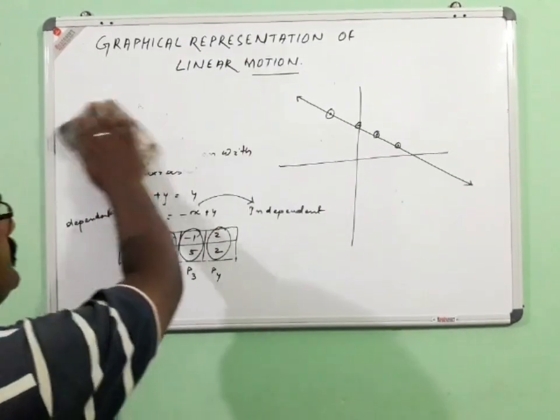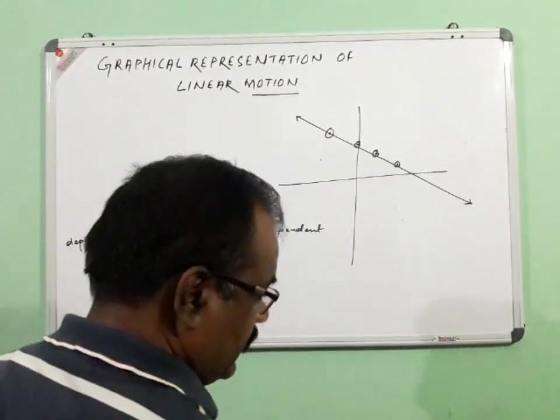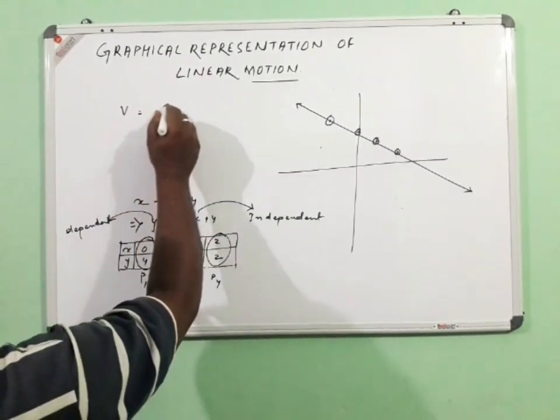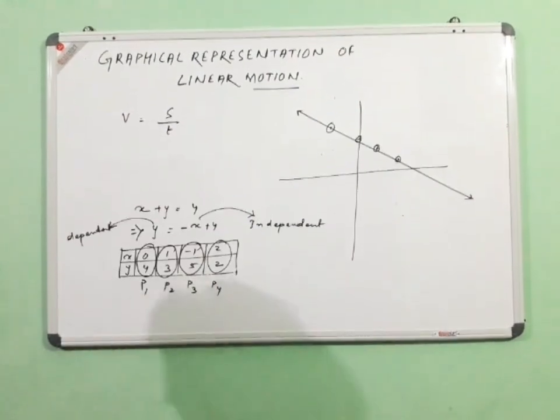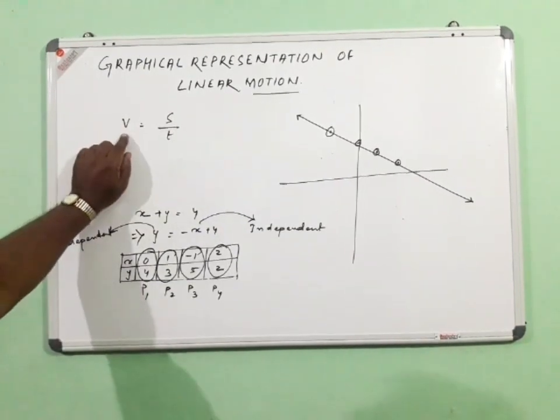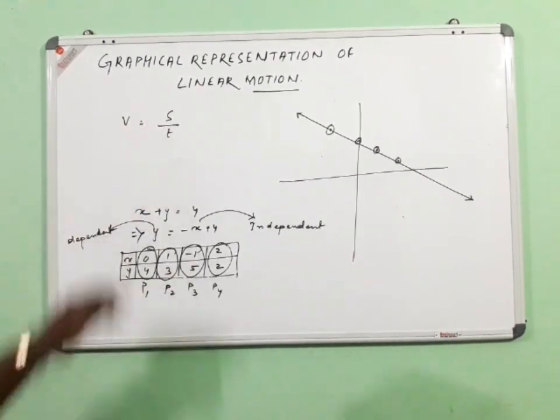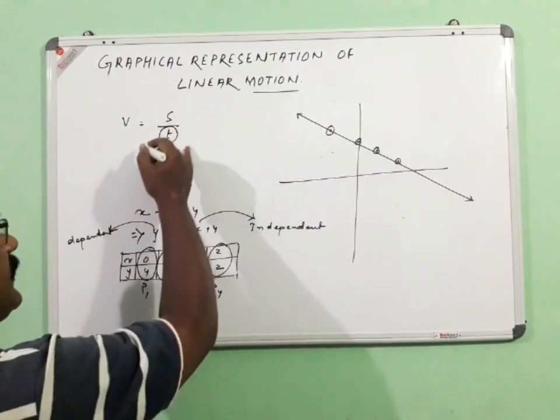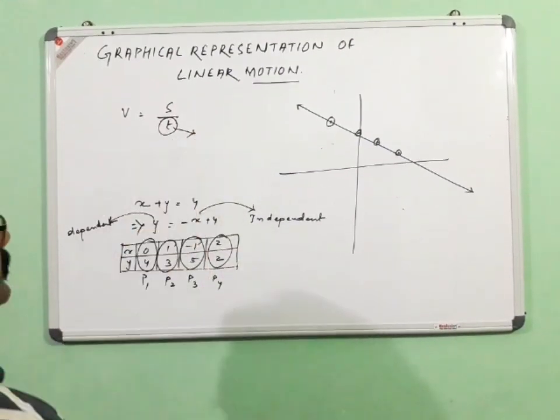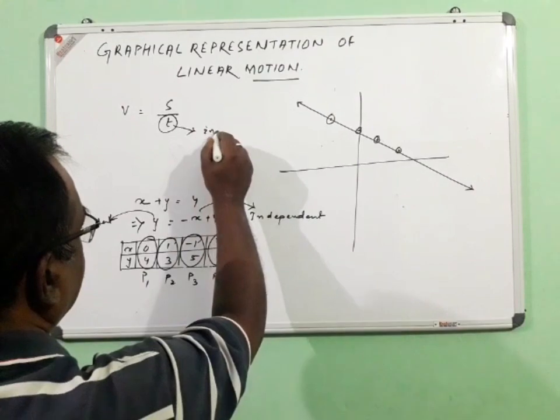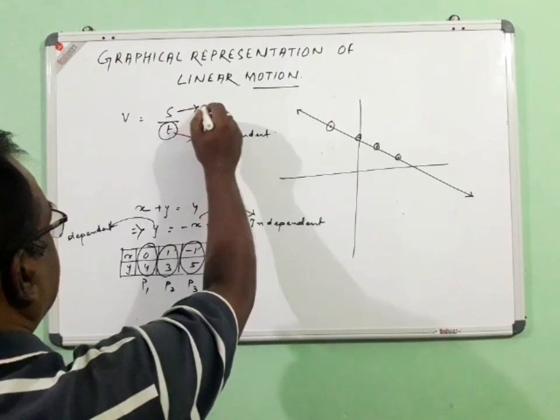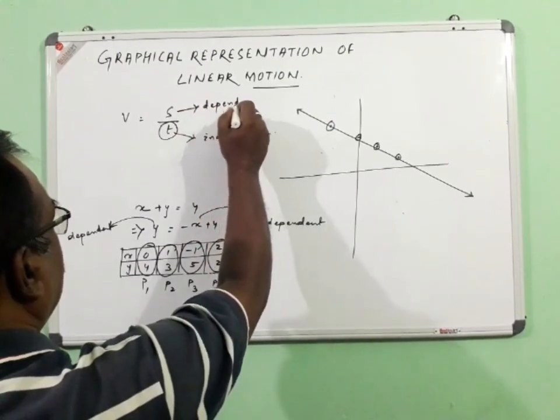In physics, in linear motion, speed is equal to distance by time. So here we have altogether three variables. Now in this case we can say that v is equal to s by t, where unless there is a value of time, there is no question of distance. Therefore, t, or the time, is the independent variable, whereas s is a dependent variable which depends on